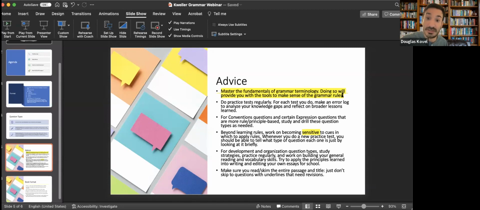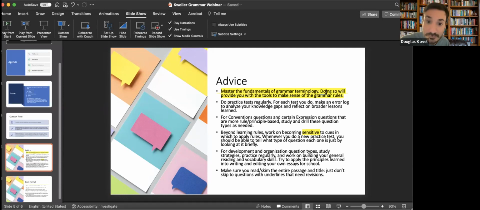So when I was in middle school, we actually used to have quizzes where we had to remove the prepositional phrase from a sentence, and then circle the subject, and then draw a line from the subject to the verb, and then we'd have the prepositional phrase in between. All of that stuff we did really helped build the intuition to recognize those patterns. So then when it came time for the SAT, it was really easy to do the subject-verb agreement questions